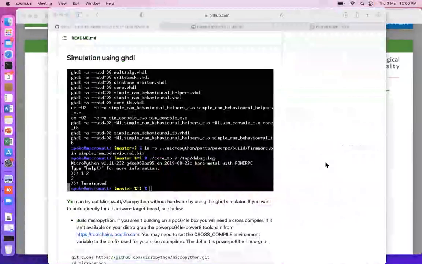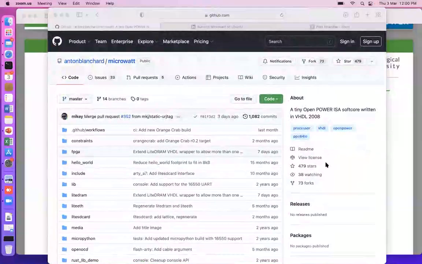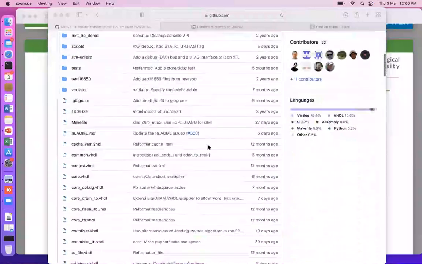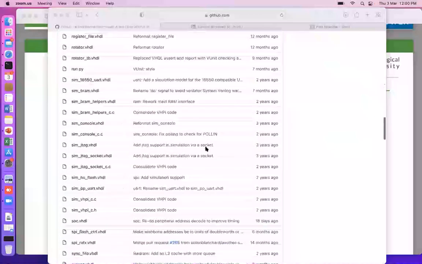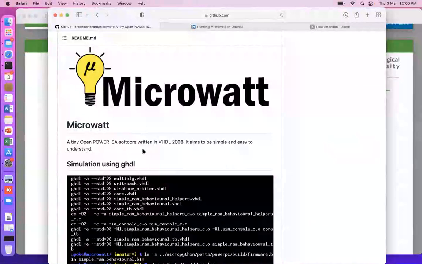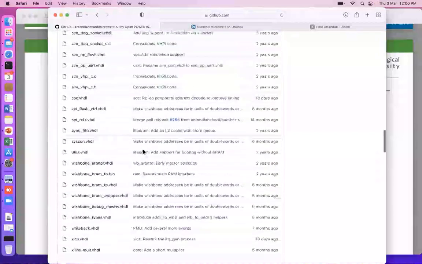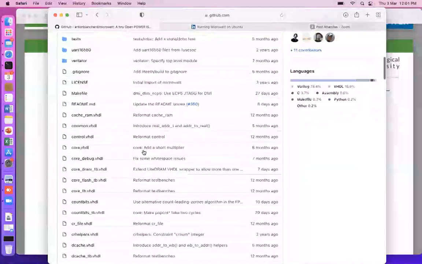Are you able to see this particular web page? Yes, sir. Okay. So this is the Microwatt OpenPOWER ISA soft core. The idea is it's very, very minimal. So if you see this total thing in detail,